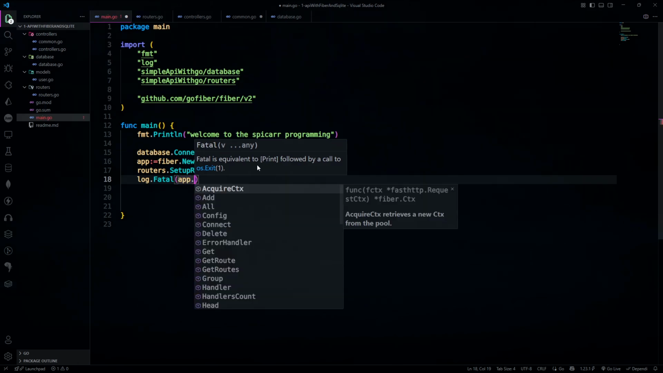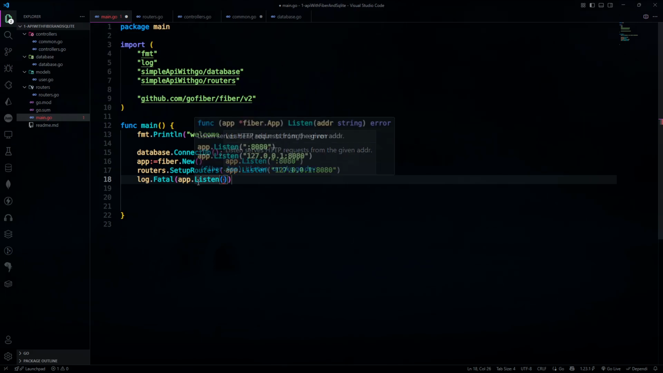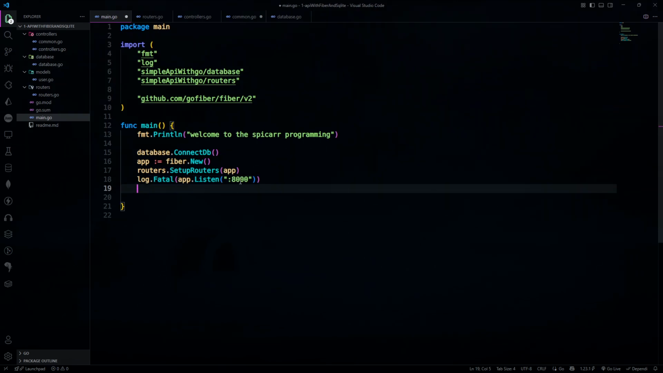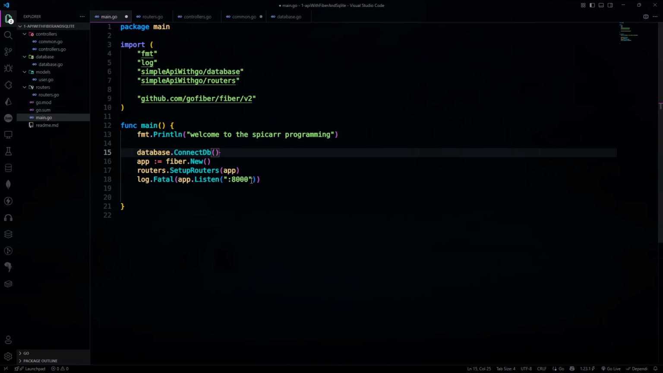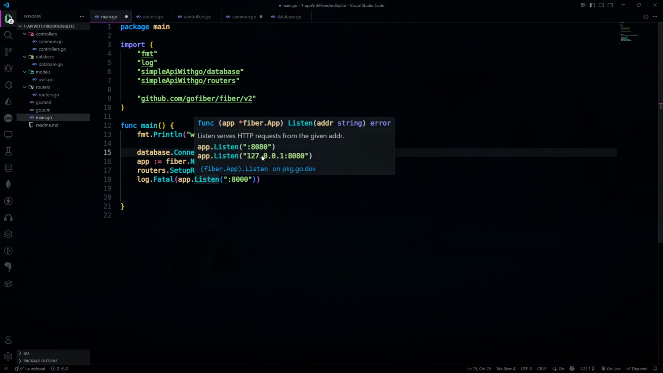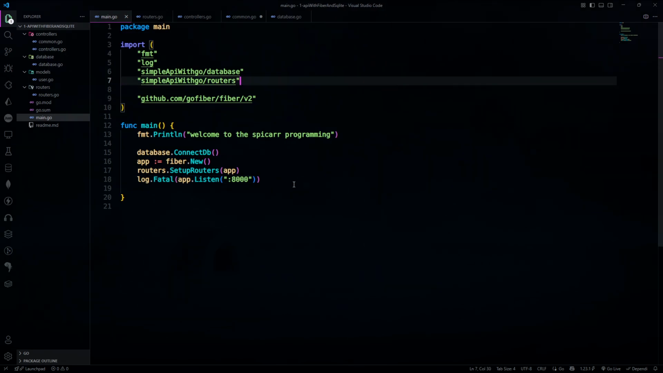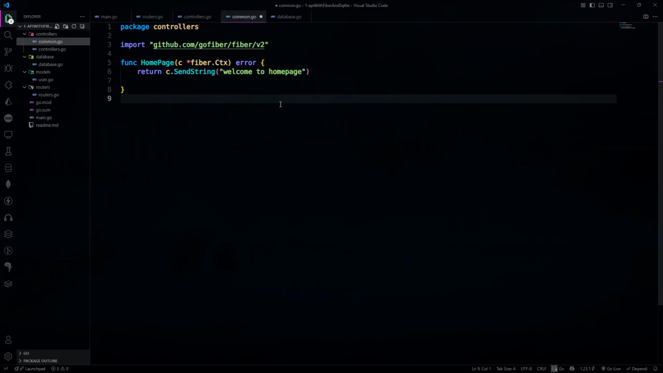So app.Listen, and in Listen we have to provide the address, or you can say the port. So I will give 8000 as the port. You can give a different port as well, but I recommend 8000 because it is like a default port. Or you can give a different free port, not a busy port. So if all the